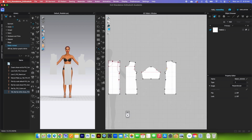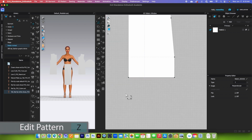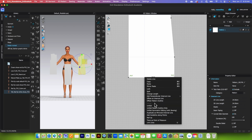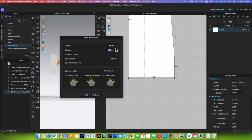Alright, before we do that though, one more thing. We want to extend this 1 centimeter for the front pattern. I will come over here to this edit pattern tool, click on the bottom part, right click, and I'm going to select offset pattern outline. By default I have direction as extend, and I'm going to change the value to 1 here. Next I'm going to change this size segment type to extend here, and after that I'm going to click on